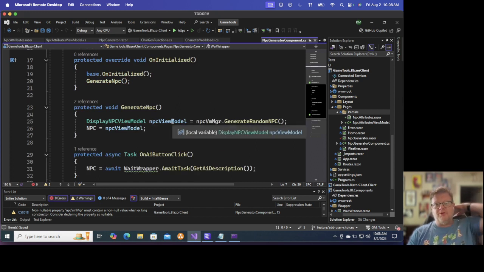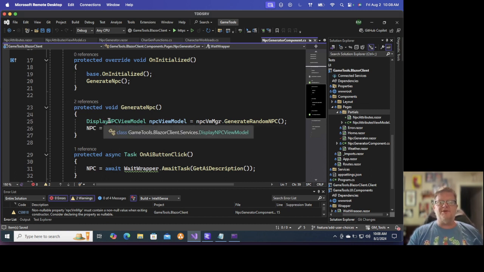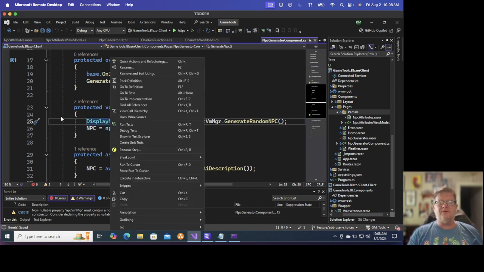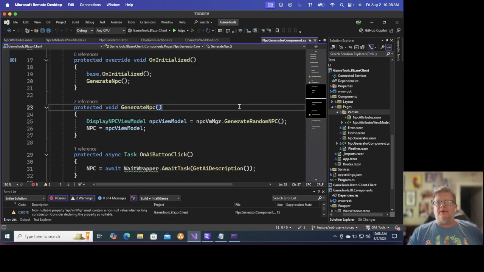Display NPC view model. I think we're going to steal a lot of the stuff off of the NPC view model. Because what we are going to do is